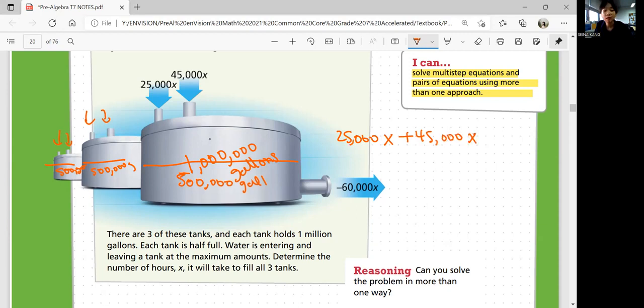It's going to leave every hour at 60,000. We want to know how long it'll take to fill all three tanks, which would be represented as what expression when it's filled fully. The tanks fill at the same rate and from 500,000